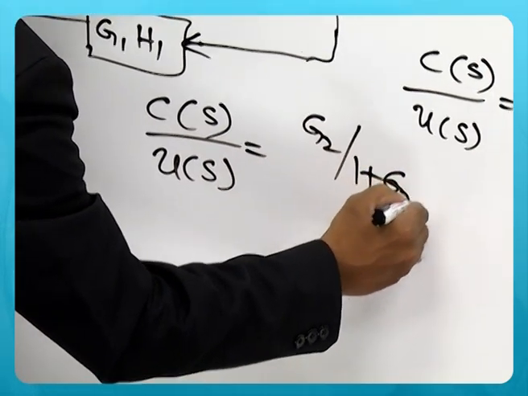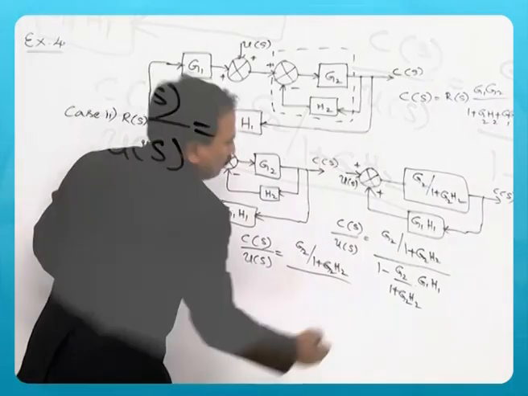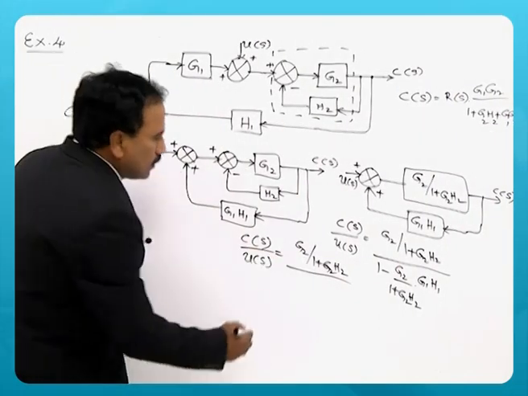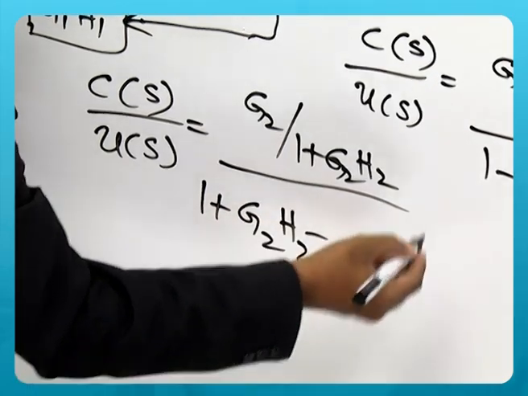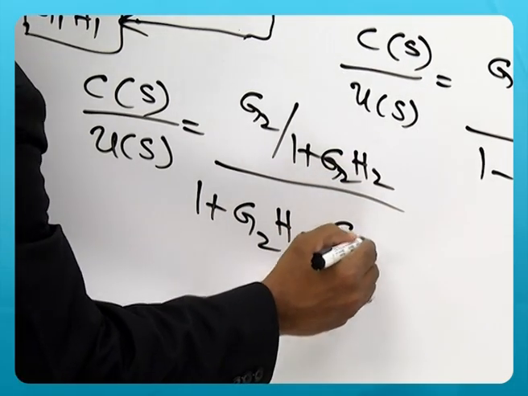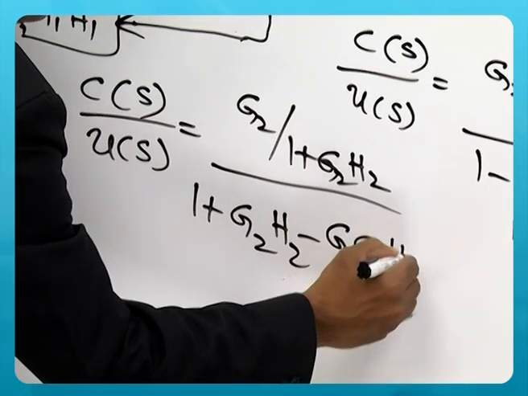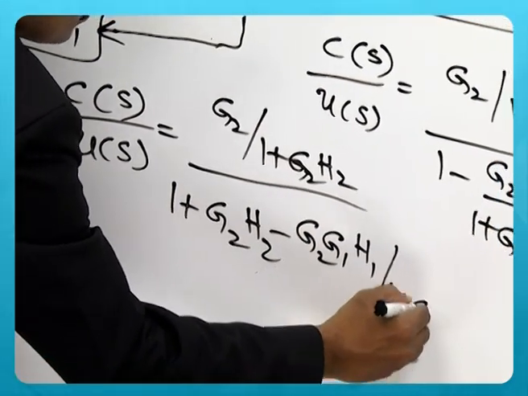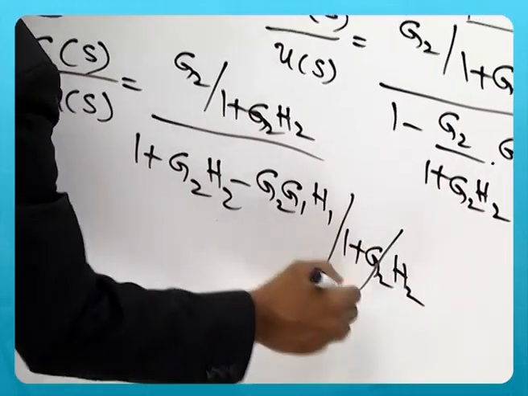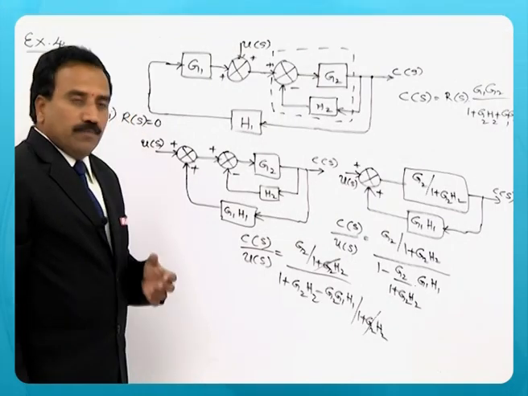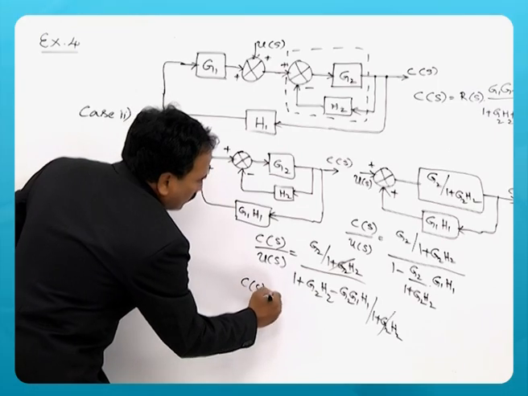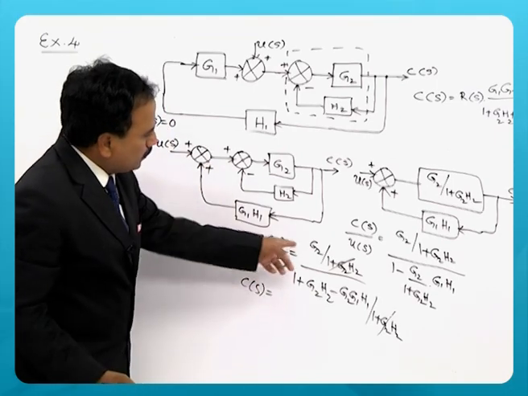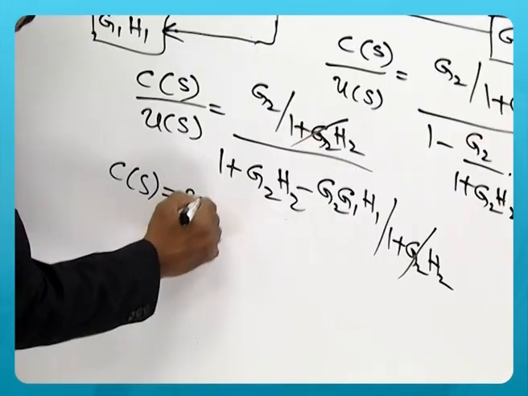G2 by 1 plus G2 H2. This will be 1 plus G2 H2 minus G2 G1 H1 by 1 plus G2 H2. So this gets cancelled. Now you get the output C of s equal to this, u of s, you take this side, u of s